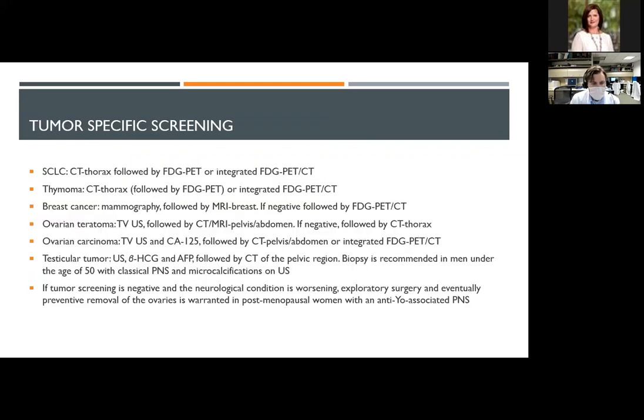This goes by specific tumors, but again, you'll see that a body CT or PET covers most of this, except ovarian and testicular cancers, which have either an ultrasound and some lab testing that's worth adding. But again, if you find a specific disorder, then it's worth double checking these screening guidelines if you can't find a tumor. Also for how long you should be screening afterwards, because often the answer is at least a couple years.